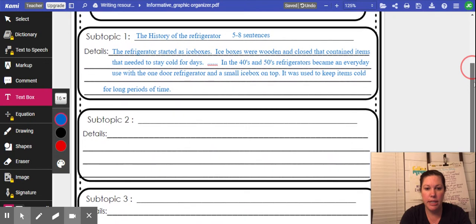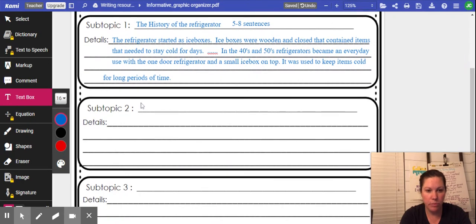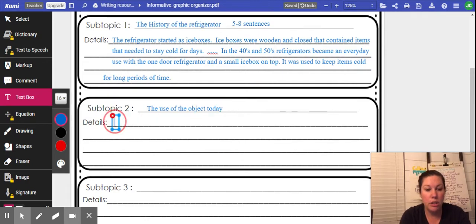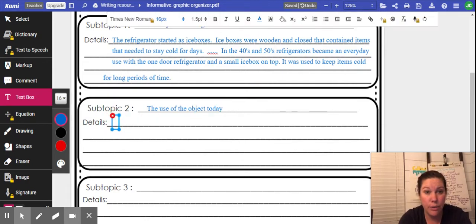Okay, let's talk about our second subtopic. So our second subtopic based off of our outline is the use of the object today. So I'm going to put that here, the use of the object today. Okay, so I'm just going to go into the advances of a refrigerator. So the refrigerator is used multiple